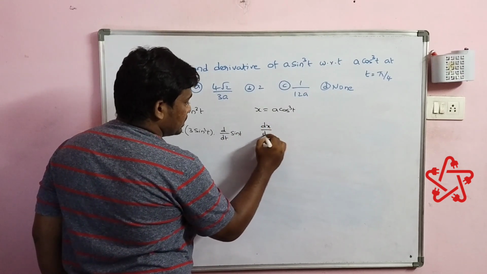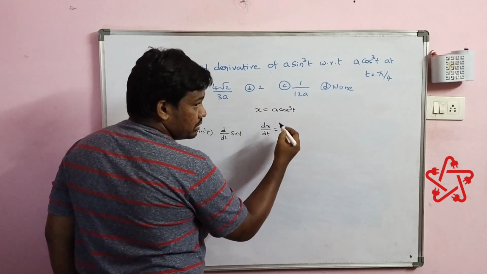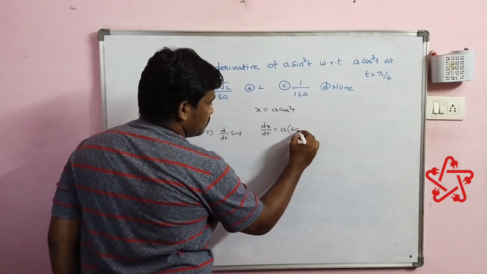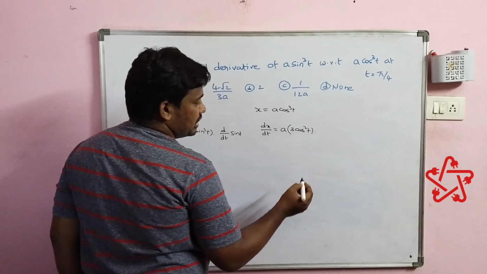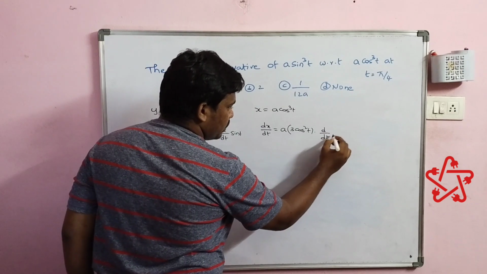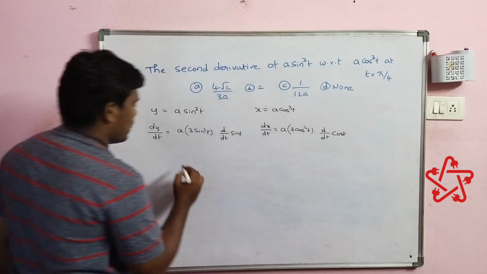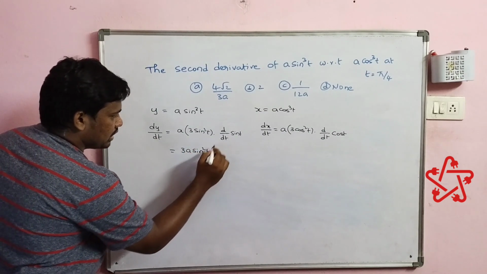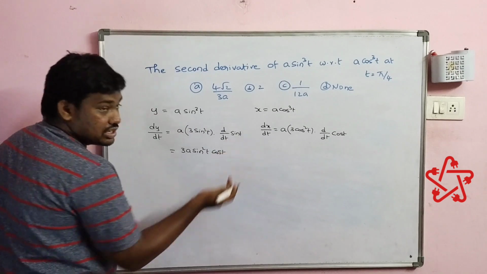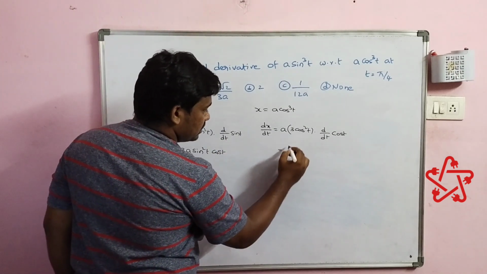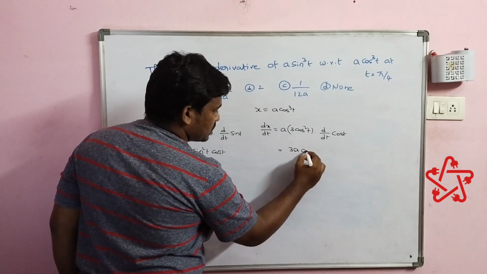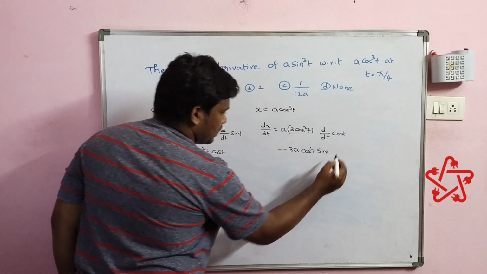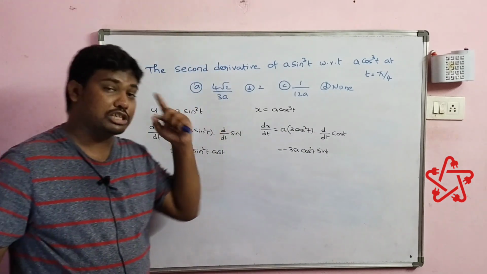Now the same thing applies here. dx by dt is equal to a into cos cube. It is of the form x cube. Let me assume it as x cube. Now it becomes 3x square, 3 into cos square t, and it is not x actually, so we need to differentiate again. If you simplify this, it becomes 3a sine square t cos t, right? d by dx of sine t is cos t. Here it becomes 3a cos square t into minus sine t, right? We got dy by dt and dx by dt now.